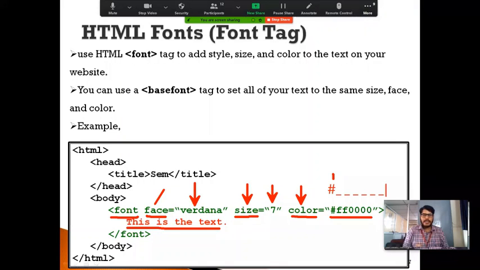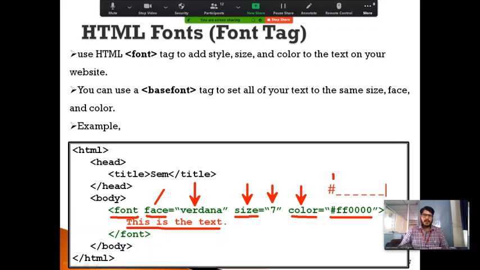The starting 2 digits it will consider for the R value, that is the red value. Later 2 digits it will consider for the green value, and the last 2 digits it will consider for the blue value. So we need to specify the color value by using a hexadecimal code which is used for RGB format.